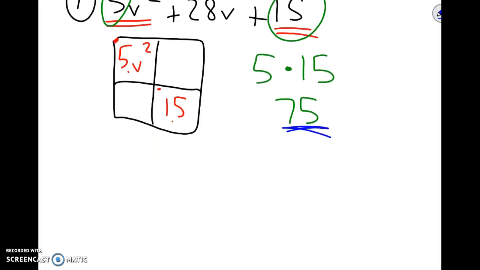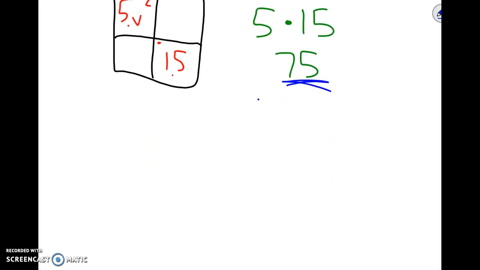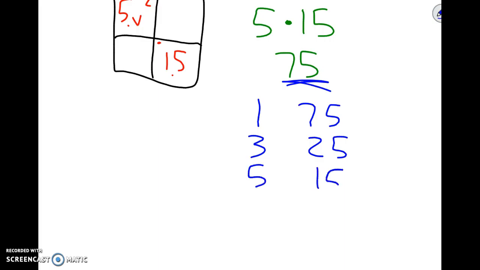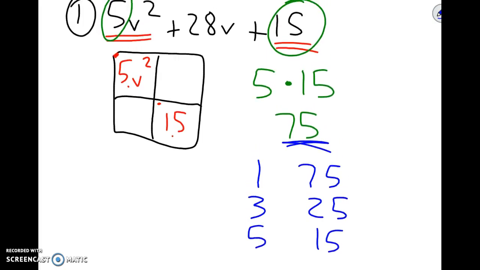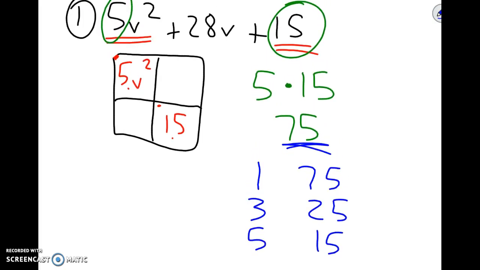So I'm going to start, of course, with 1 and 75. 2 doesn't work because it's odd. 3 works, 3 and 25. 4 does not work. 5 works, 5 and 15. 6 doesn't work, 7 doesn't work, 8 doesn't work, 9 doesn't work, 10, okay, so 5 and 15. And remember, if you can look ahead to what it is that we need, you know